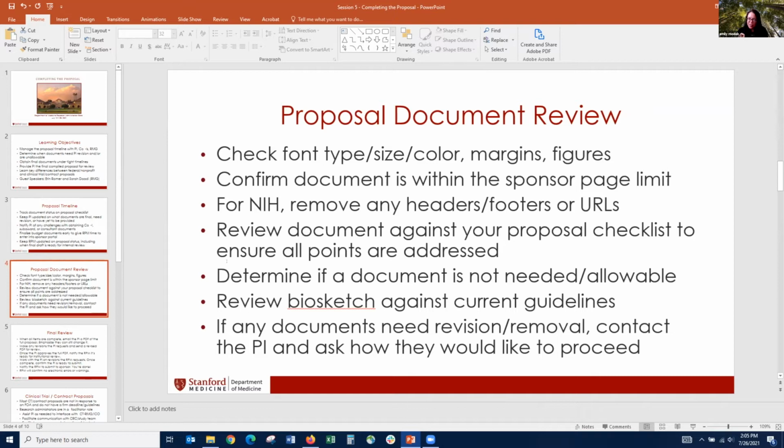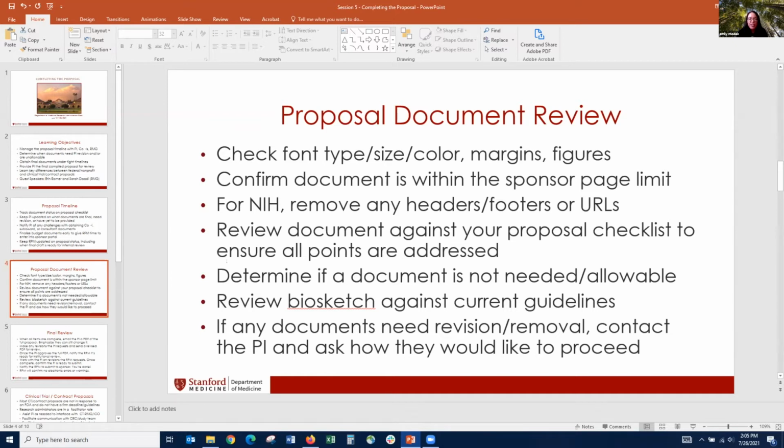have those legends, those little captions at the bottom, that they can be a little bit smaller type, but make sure it's still legible. And I have had RPMs come back and say, this legend does not look legible, have the PI revise it. So it is something that we look at. Confirm that it's within the page limits. Again, we've scrutinized that funding opportunity announcement. We know the page limit for each document, and we want to confirm that it's within that page limit before